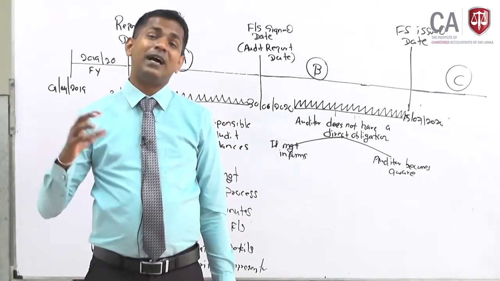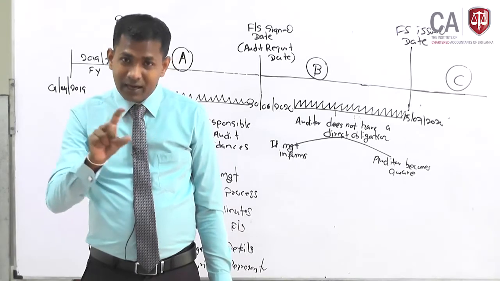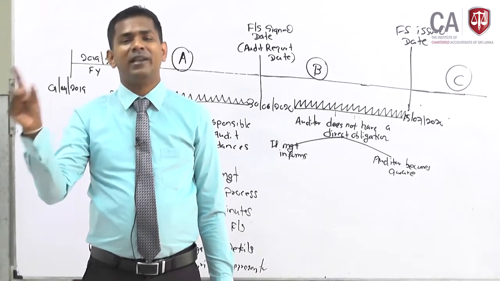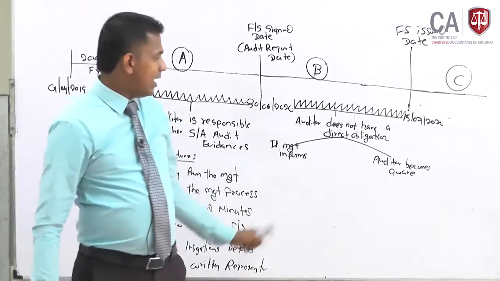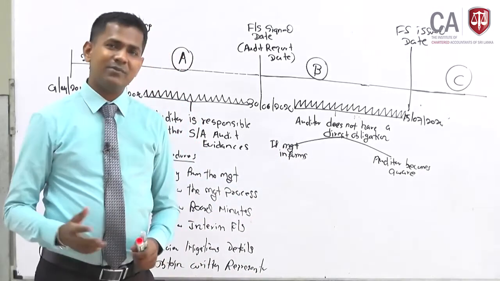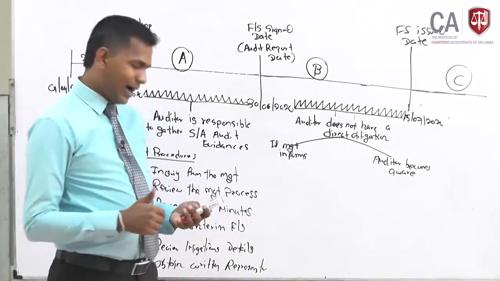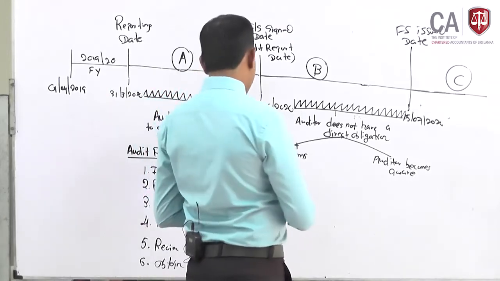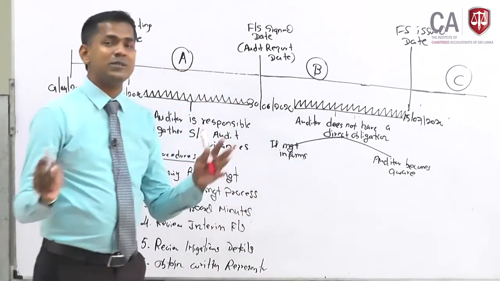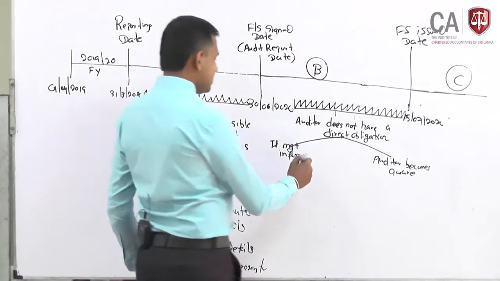But if the auditor becomes aware, the word is becomes aware, or if management comes to know, and if the management informs us, then only the problems are starting. Otherwise, no responsibility. If these two incidents are happening,